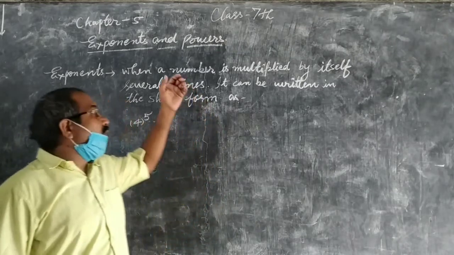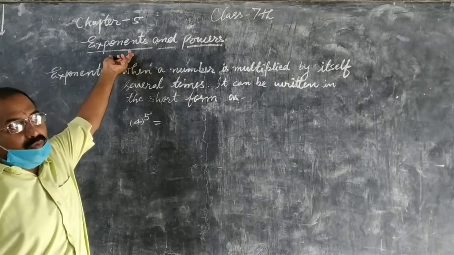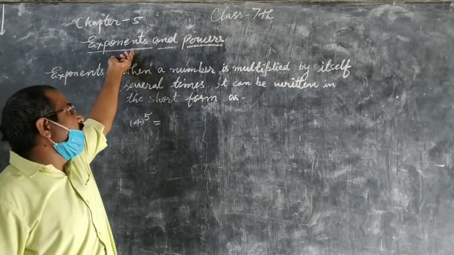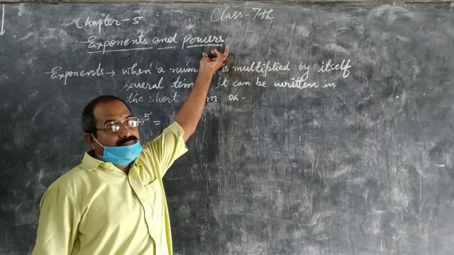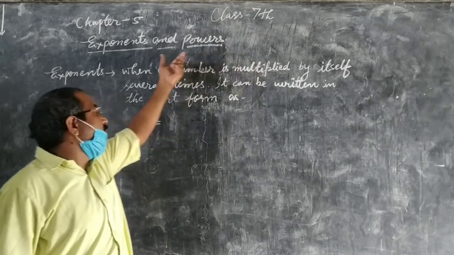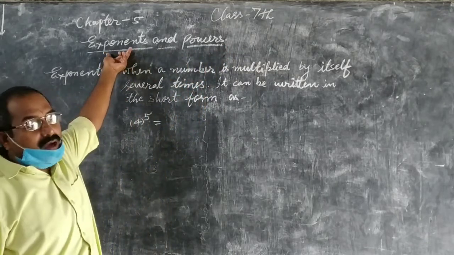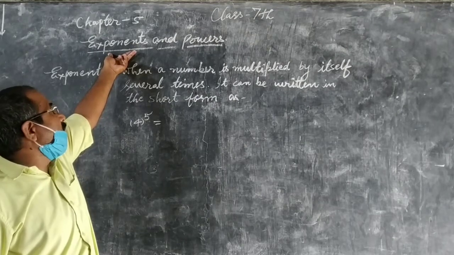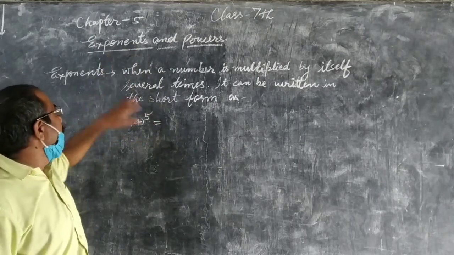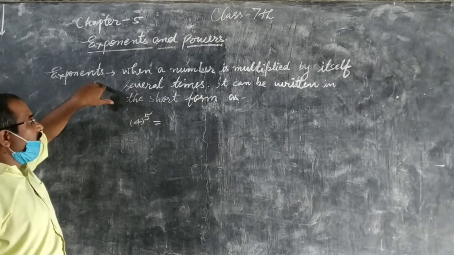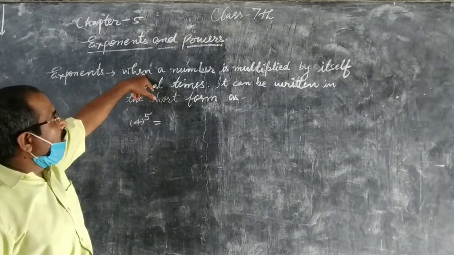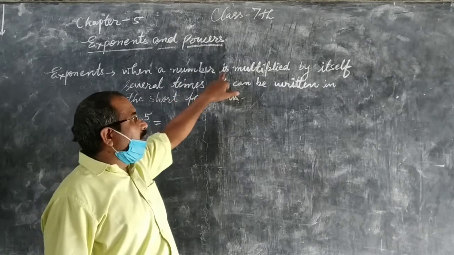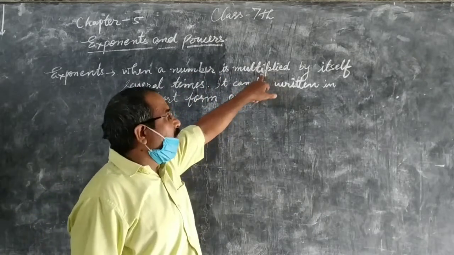So first of all, you should know what is exponent and what is power. First, I want to make you understand what is exponent. Exponent means when a number is multiplied by itself